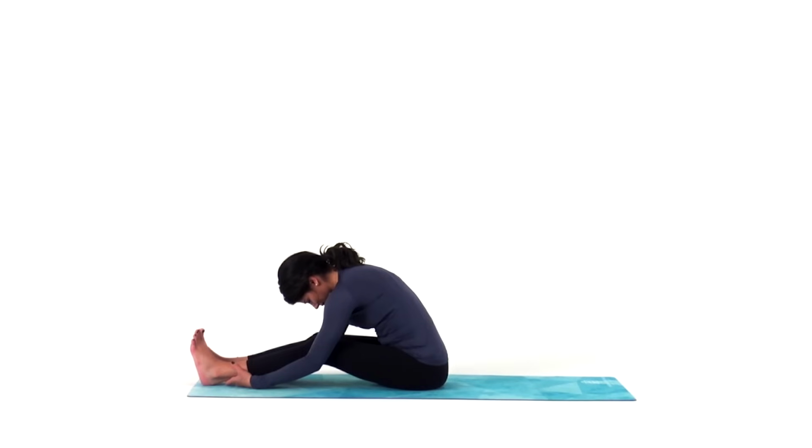Each exhale, an opportunity to relax, soften, and fold. Slowly rise